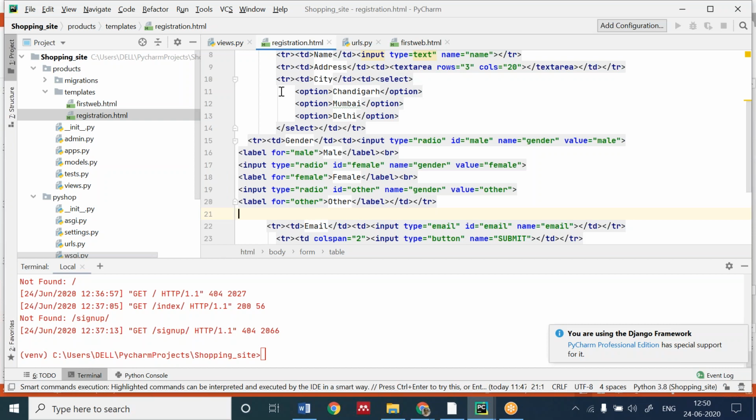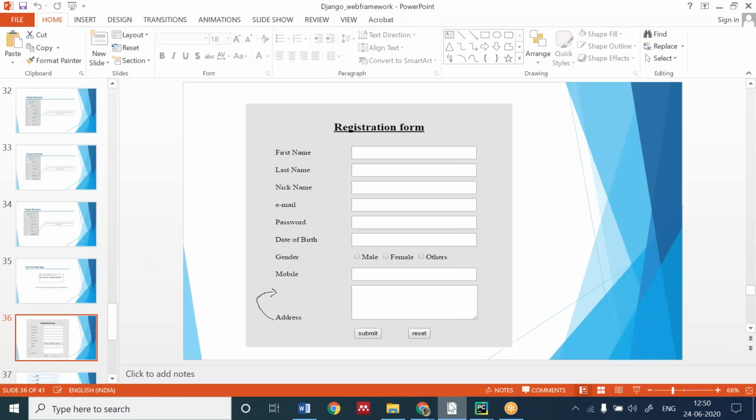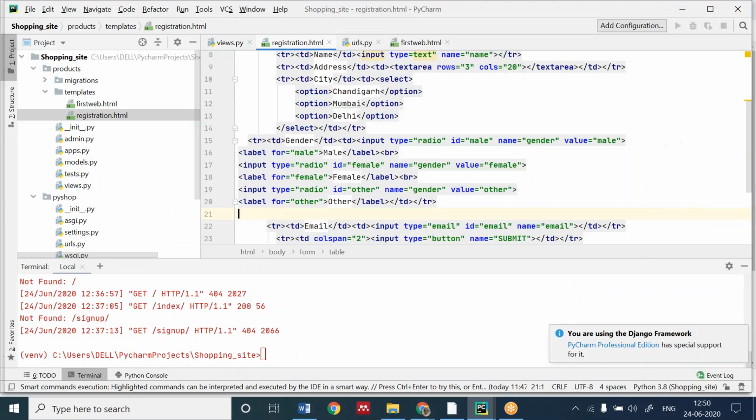If you have any doubts, please ask me. Otherwise, you'll copy the code and make a form like this. Everyone, I want the form like this. I want the code in the chat box once you have written it. Copy the code in the chat box. Anybody finished?